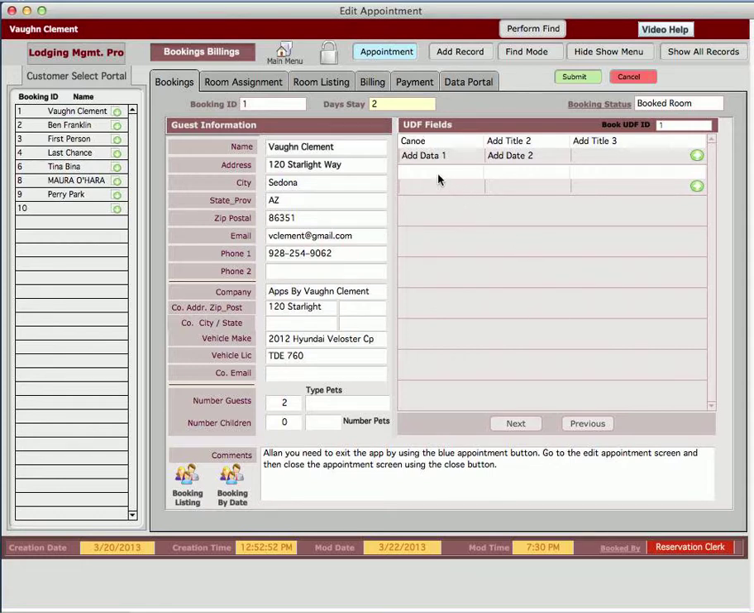Now on the booking screen, there's also a utility portal that's called a UDF portal for UDF fields. And what this is, is undefined fields. In other words, if you need to define fields that were not included in the actual application, you could add a new title, and you can see where it says add title 2 and add title 3. You can have up to 3 fields wide where you add the title and then put data in the second field where you would have, say for example,